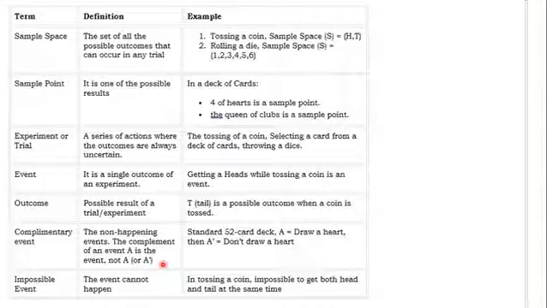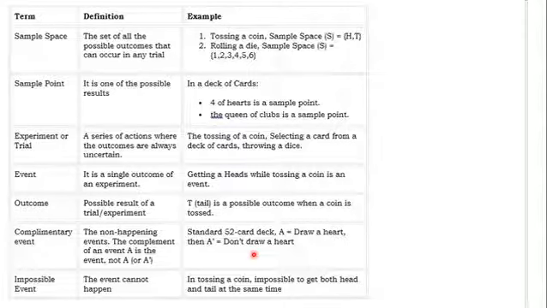Okay, so the universal set is just like the sample space here, and then when an event A happens, everything that could have happened but did not happen is called the complementary events to A. Okay, so now if you have a 52 card deck, then you draw a heart. Then the opposite of that is that you didn't draw a heart. That would be your complementary event.